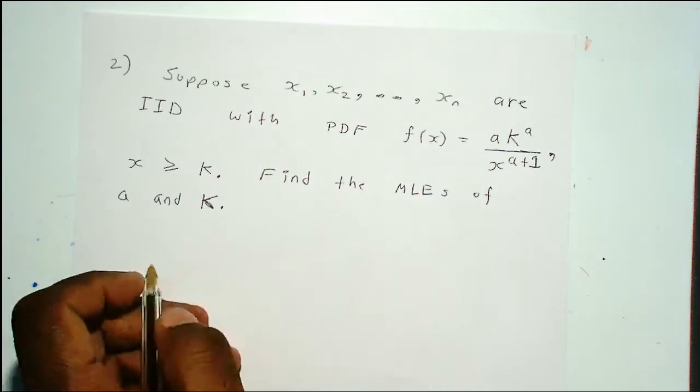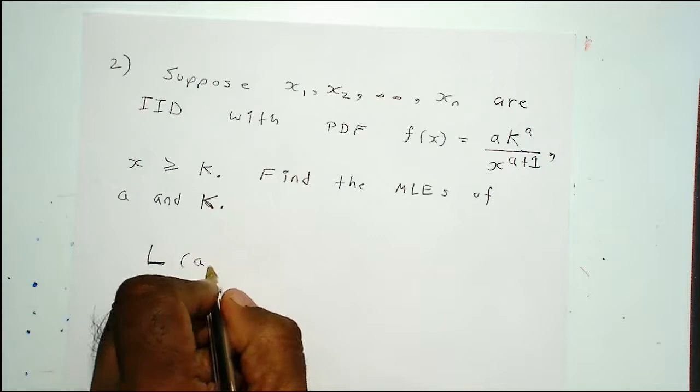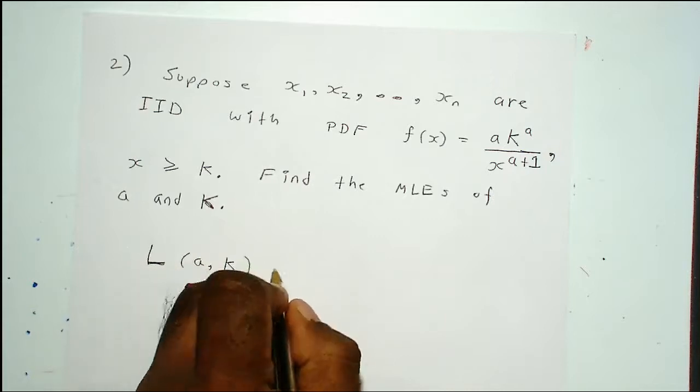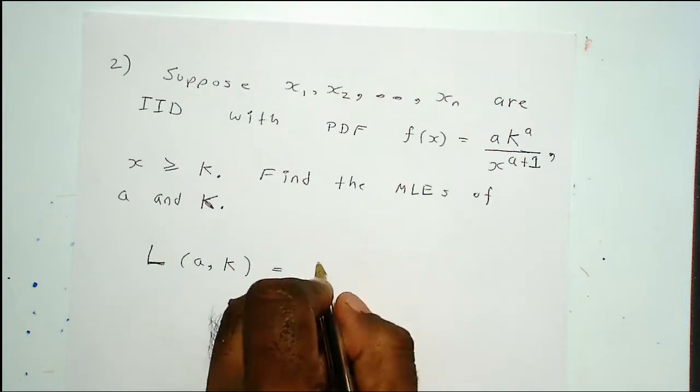The first thing to do is to write down the joint likelihood function, which is the product